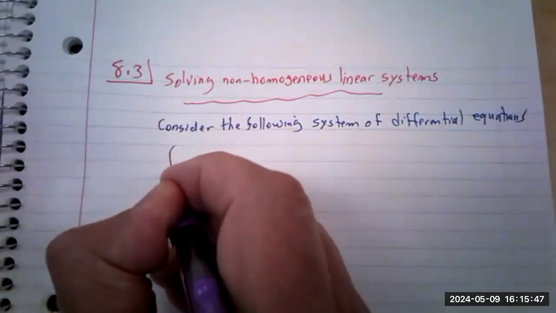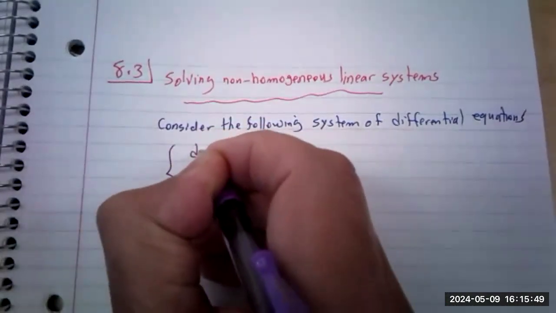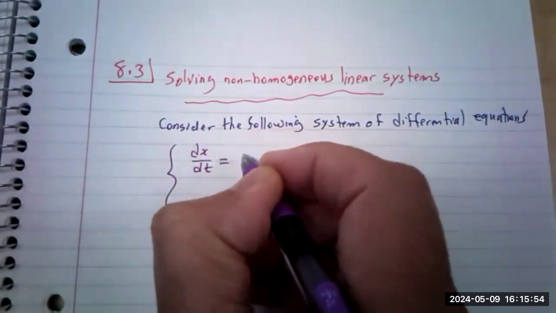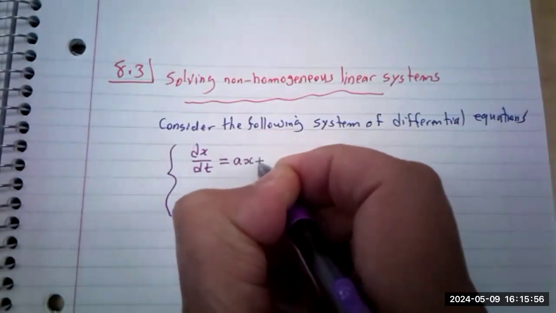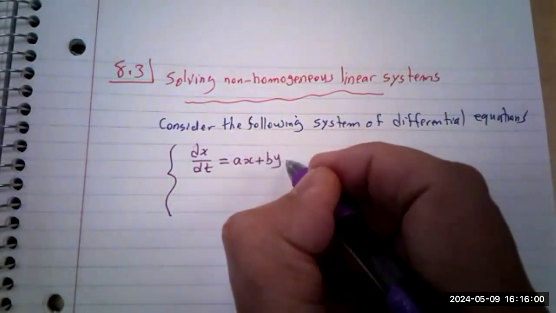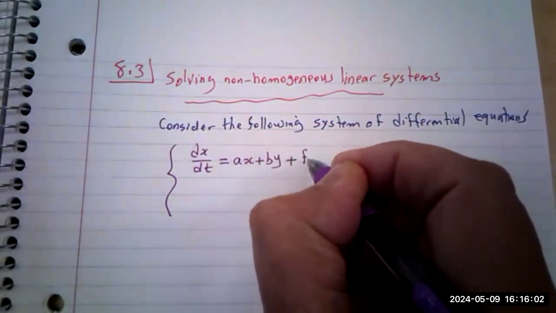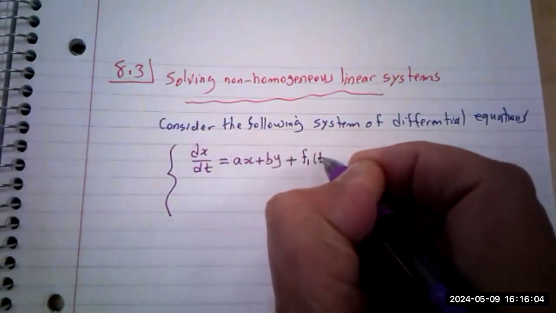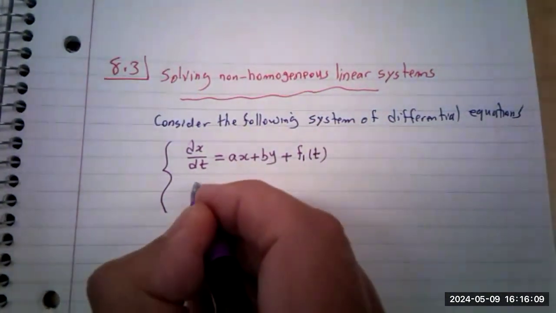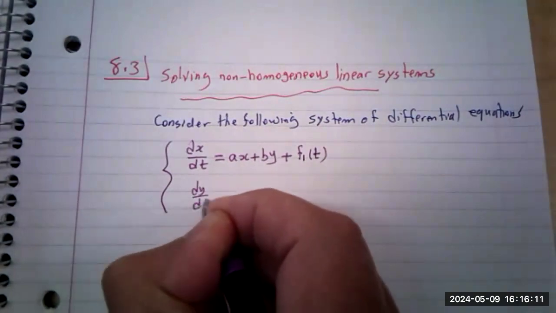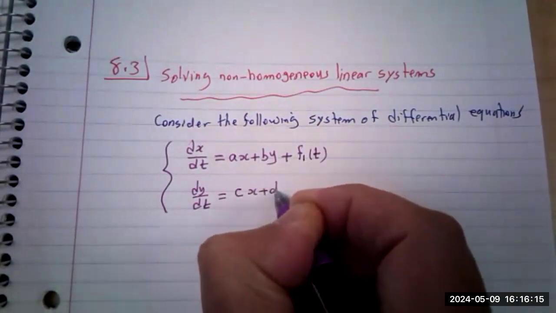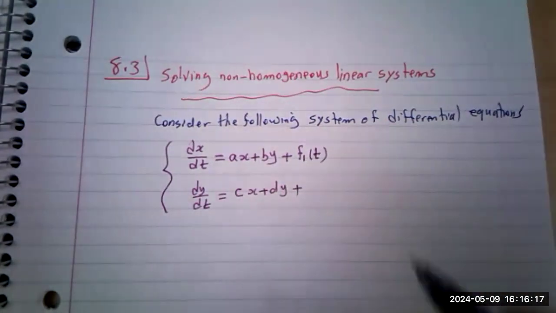The first part is like the one that we did before. dx/dt is going to be equal to ax plus by. So that's homogeneous. But there is going to be an extra function, we call it f1 of t. The second equation is going to be dy/dt, as we did before, cx plus dy, and an extra term, a function of t,